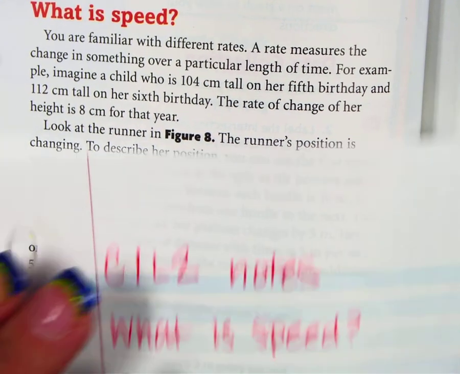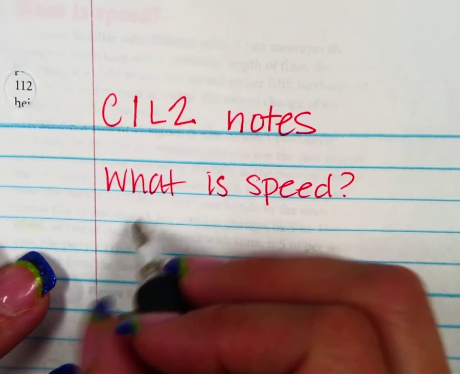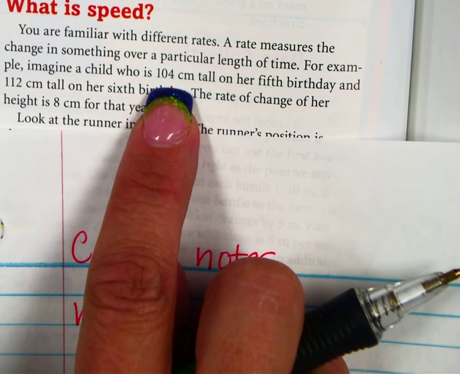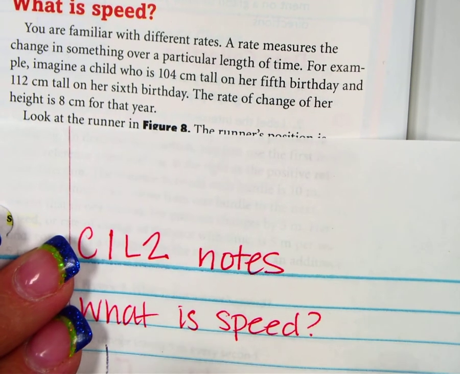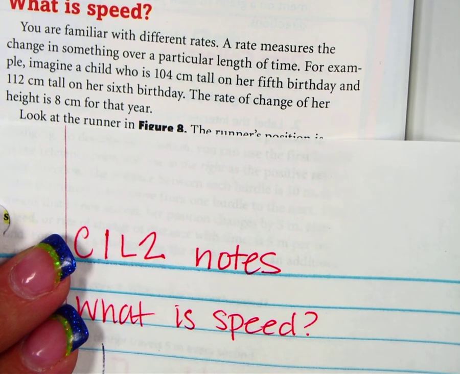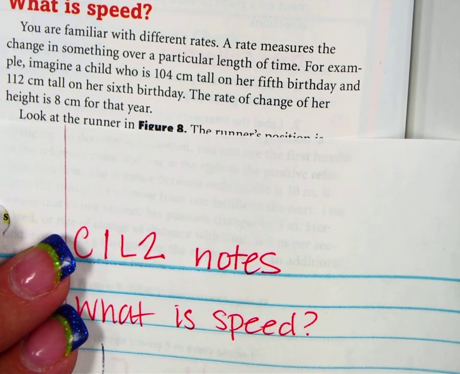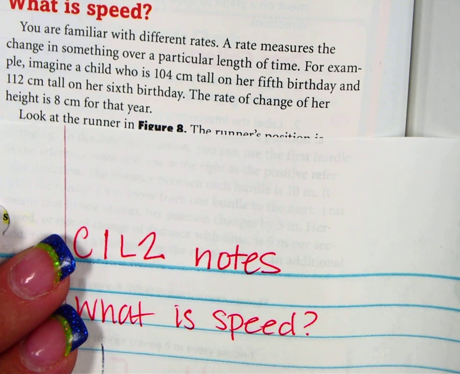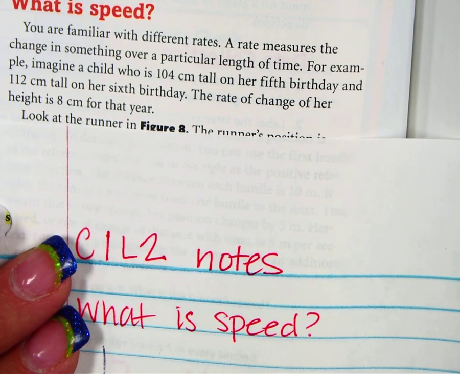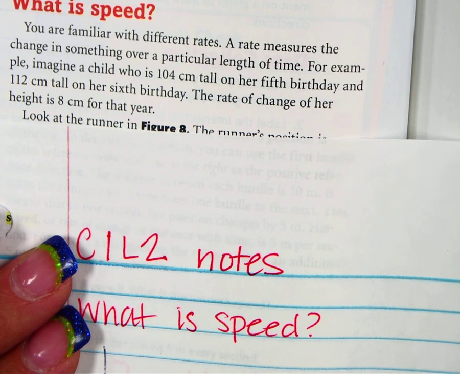Okay, so we need to take a look and find out what's important. Okay, so we want to talk about speed, and they gave us a definition. They said rate of change of distance with time. Okay, well, that's a good scientific definition, but what does it mean? So go back to their examples. Now, if you take a look at their examples for the birthday, they said if we could make a chart, we could make a little graph, and we could say at 5 years,